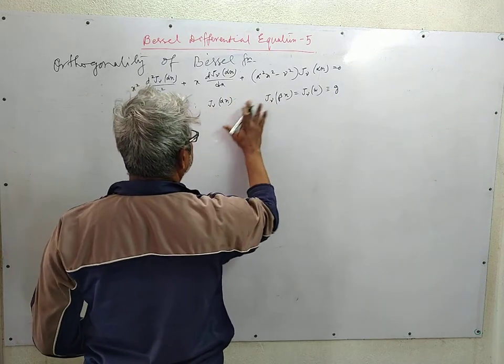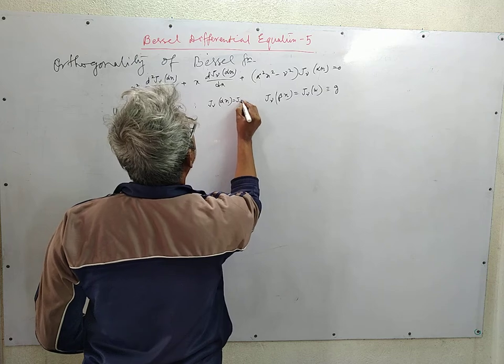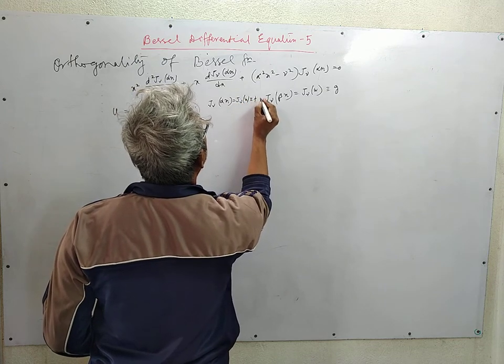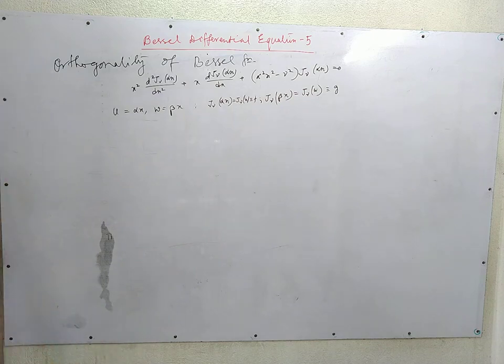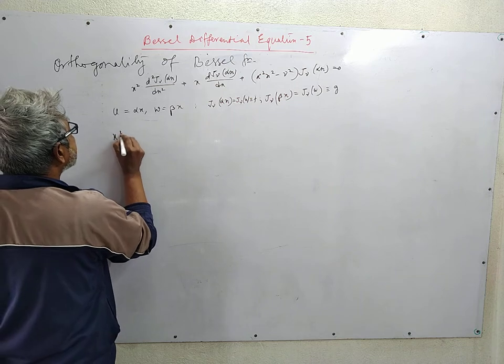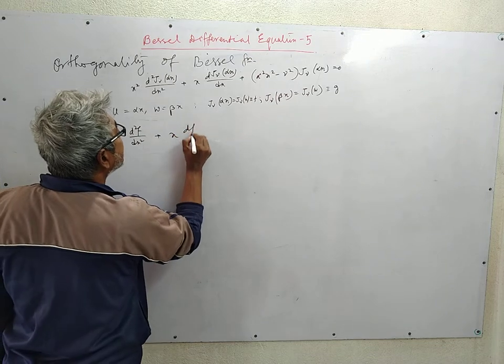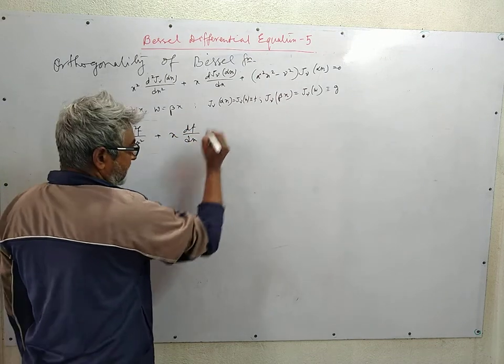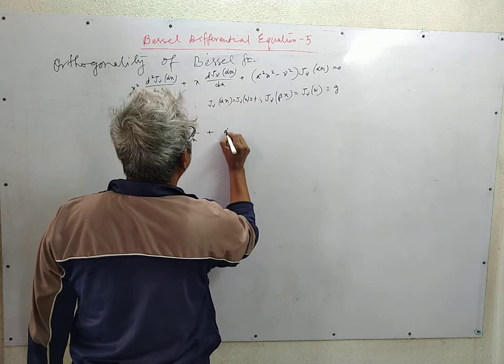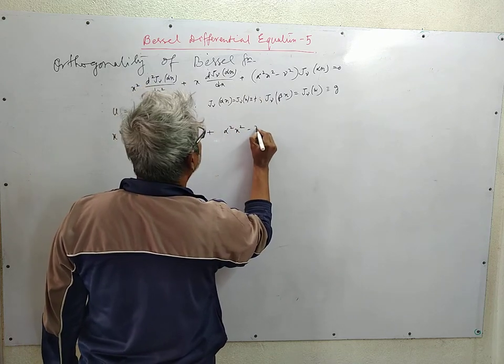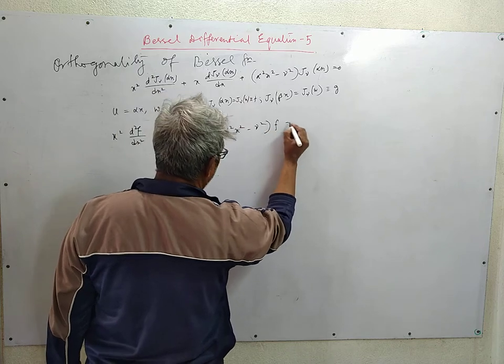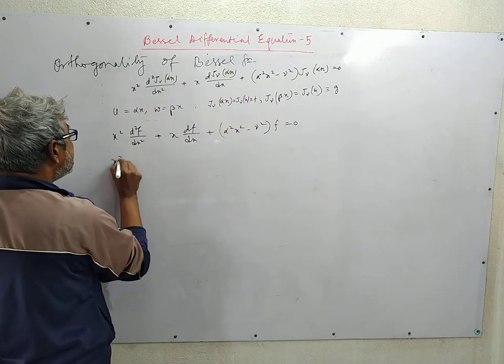So the differential equation that is being satisfied by f and g: x squared d2f dx2 plus x df dx plus alpha square x square minus nu square of f is equal to 0, and for g we have